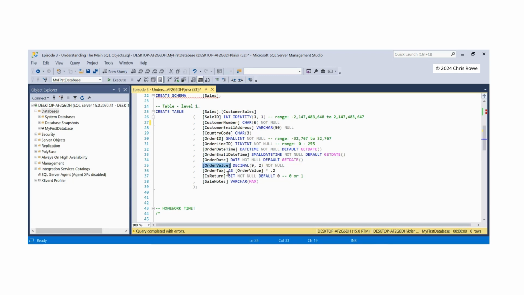Next, we'll put in an order value. We need an order value amount in there, and we're going to be looking at the decimal data type. Now that allows us to store digits with a decimal point, so we're talking about fractions, etc. And we're going to need to specify the length, which is 9 digits, and the precision, which is after the decimal point. So we're going to go for 9, 2, and we'll see what that looks like when we play around with data. We're going to say not null for that,